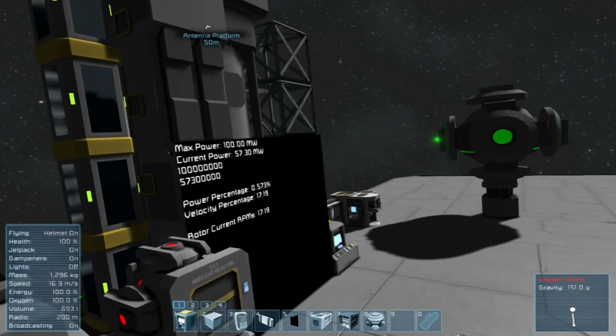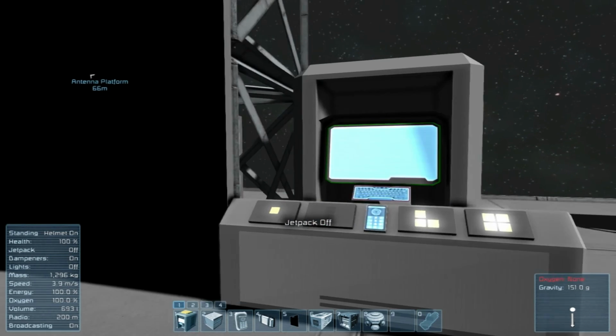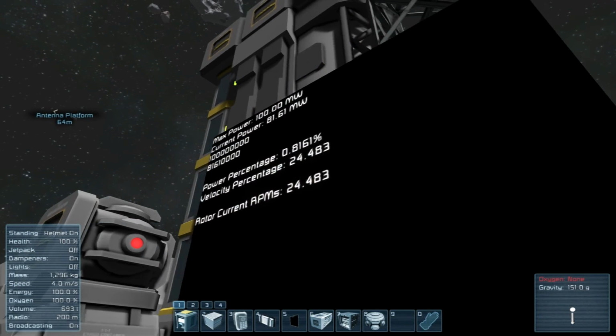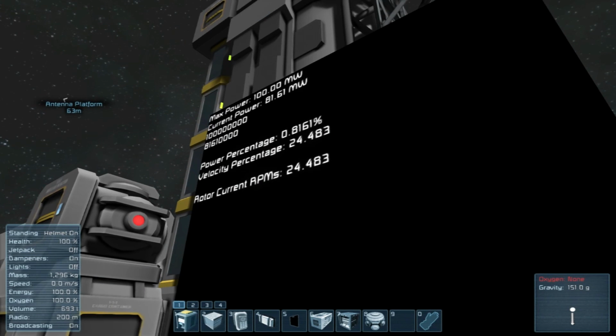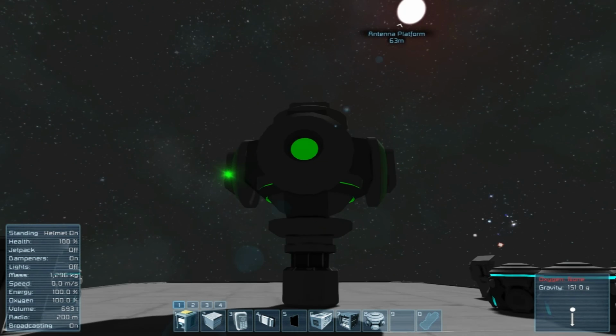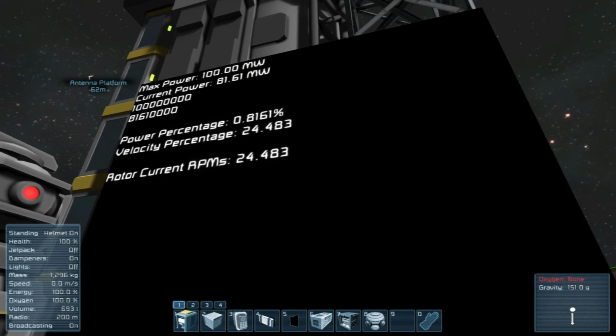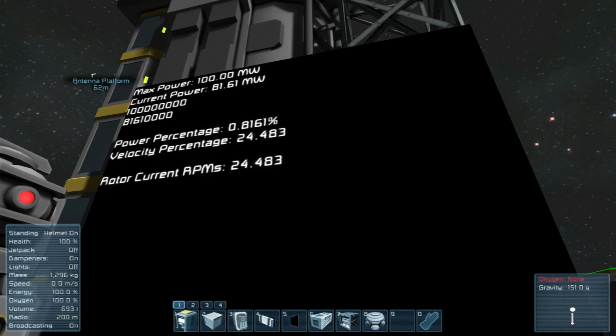I mean, at this point, it's all the gravity engines. I get that. And we're at 81, which 24 should be at about 80%, and it's spinning faster. So that is perfect. I would have to tweak with it to get the display to do right, but I'm not currently planning. Let me know in the comments if you guys would like it to display what's going on. If it is, I will figure out how to work it correctly.